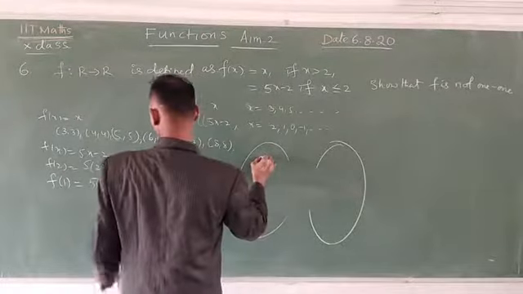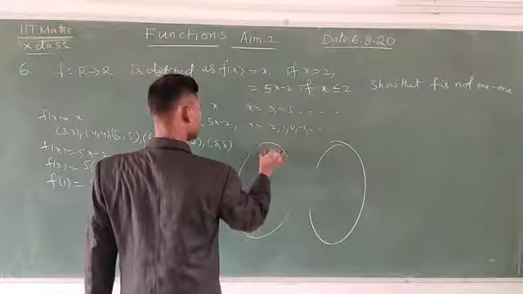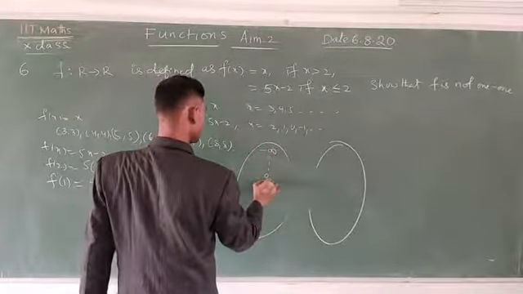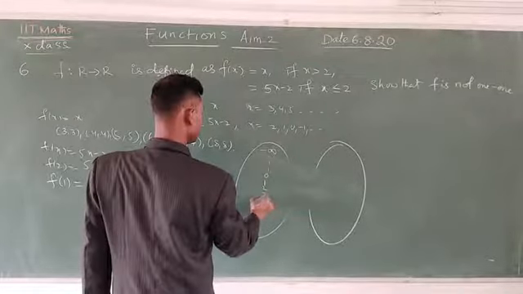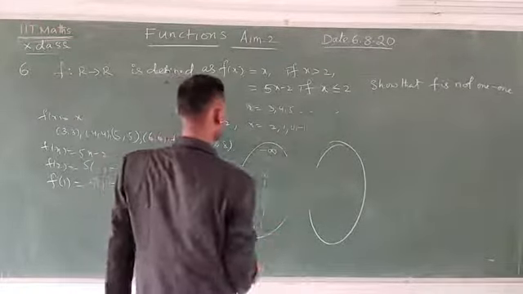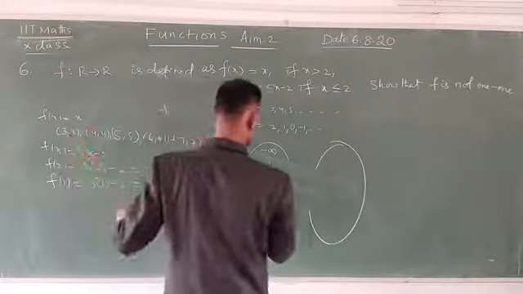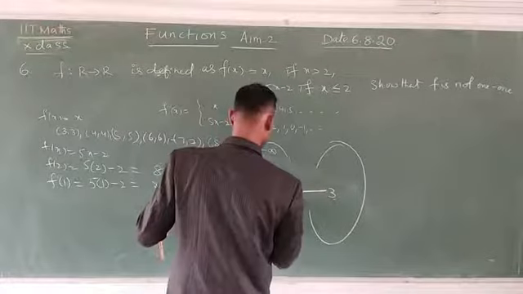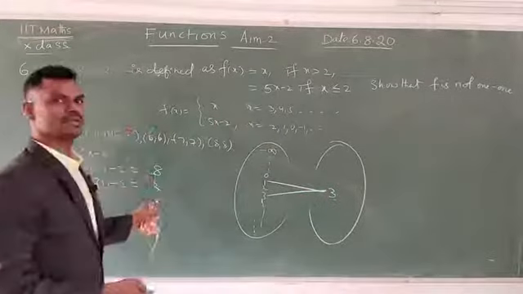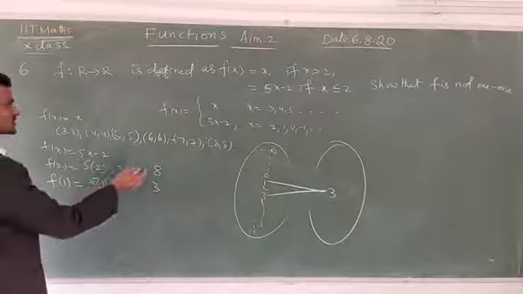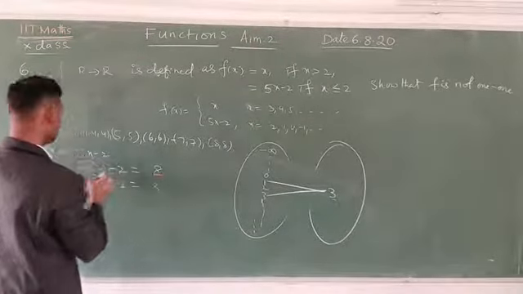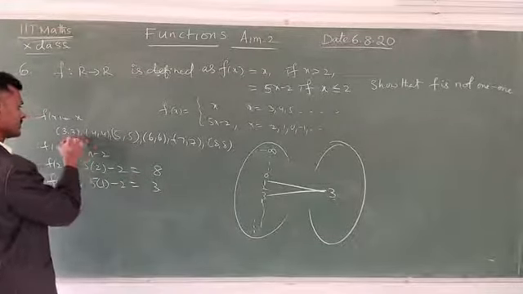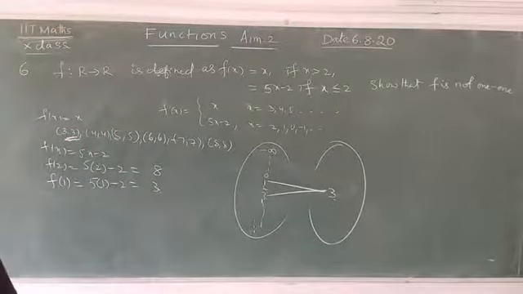Now you can take here minus infinity up to 2: 0, 1, 2. Next one is 3, 4, 5 and so on. These numbers. Now here 3 is mapping to 3. In this function 1 is mapping to 3 also. That means in the domain 2 elements have the same image. Here in this function it starts 2, 1, 0, minus 1. Here 1 is mapping to 3, here also 3. These 2 elements have the same image. That's why the given function is not a one-one function. Note down.